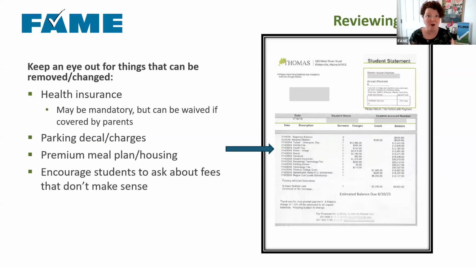Always know that we at FAME are available in the summertime as well. There's several members of the team that will work with students throughout the summer. So if school counselors are on vacation and on break and students need a little extra help looking over those bills, by all means, send our information along to those students at the end of senior year so they know to reach out to us.